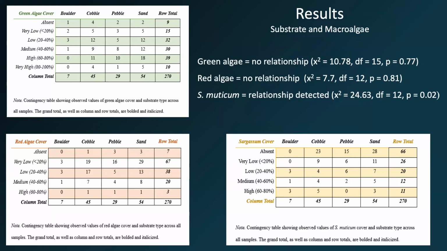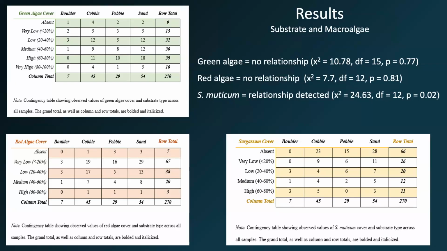And what that does is it looks at the difference between the observed values and the expected values. So how close are they? And if they are way different from each other, then we might see some association. So doing that, you can see from top left to bottom right, basically color-coded, green algae, red algae, and